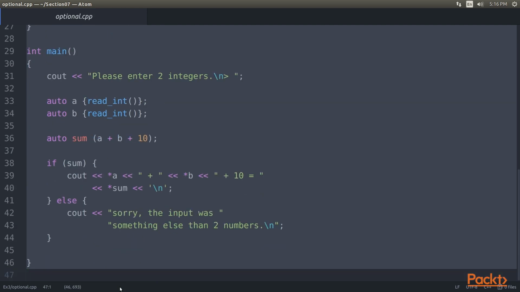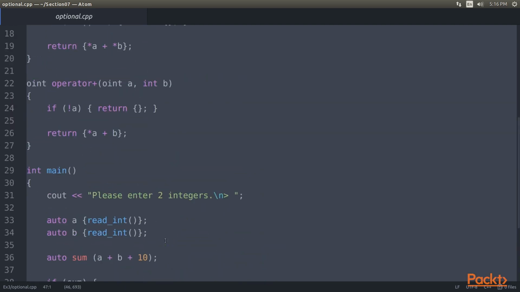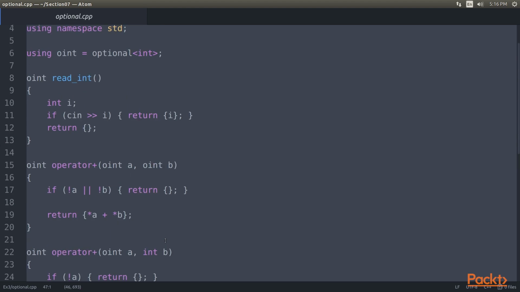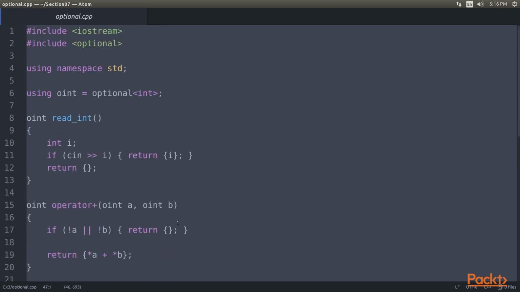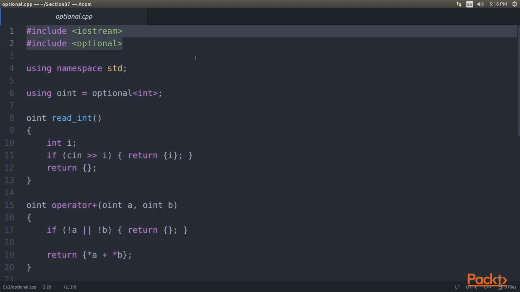Because the user can always input random things instead of numbers, we will see how optional can improve our error handling. First, we will include all the needed headers and declare that we use the standard namespace. Let's define an integer type, which maybe contains a value. The std::optional type does exactly that. By wrapping any type into optional, we give it an additional possible state, which reflects that it currently has no